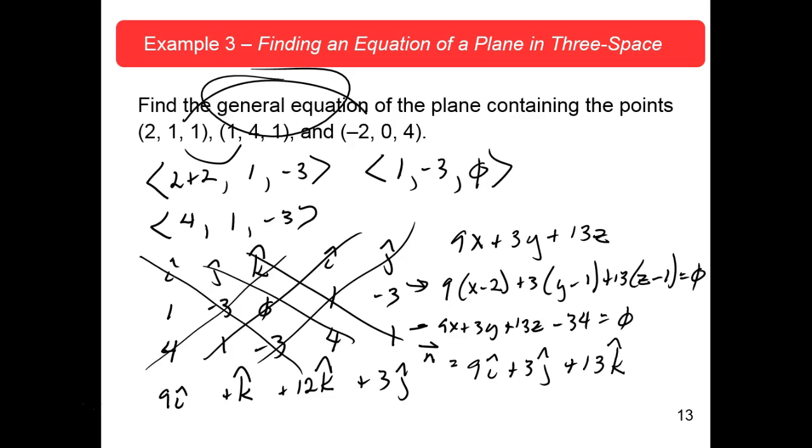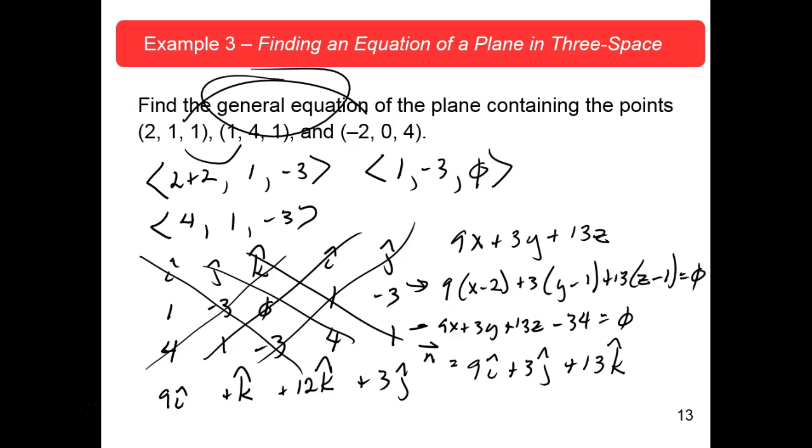Now, they have a little remark here, if I can read it. I've got to get the book far enough away and enough light to see it. In example 3, check to see that each of the 3 original points satisfies this equation. So yeah, pretty good check here, okay? So let's see if